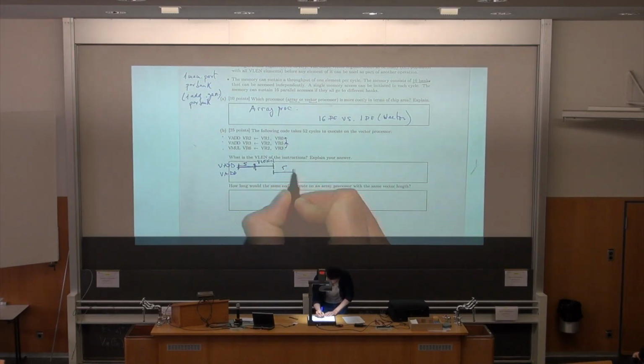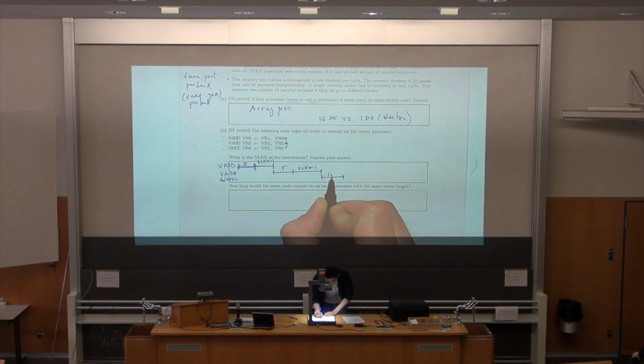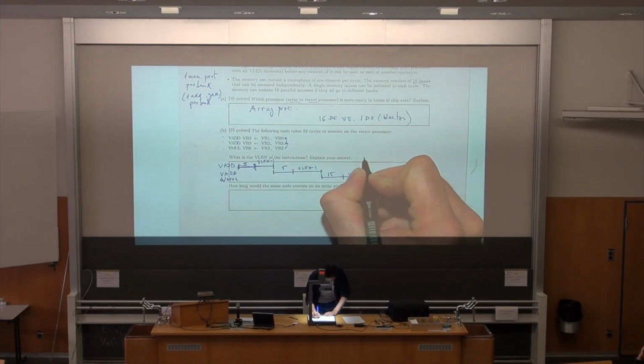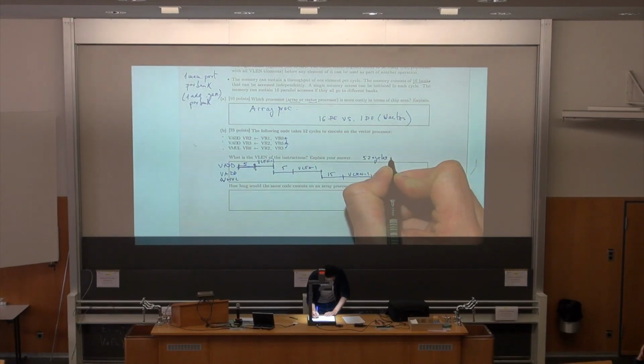So then we have again 5 plus VLEN -1, and then we have the vector multiply operation. This is 15 cycles plus VLEN -1. And now we know, according to the question, that all this process takes 52 cycles,